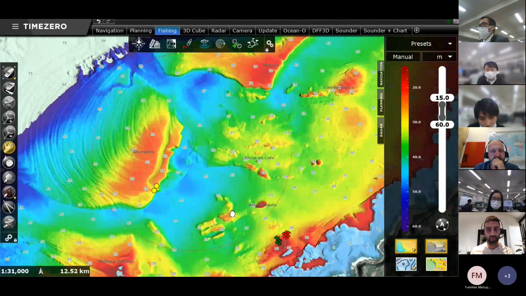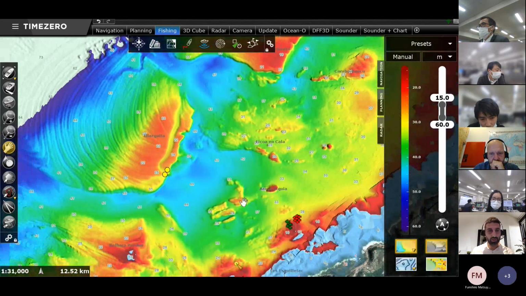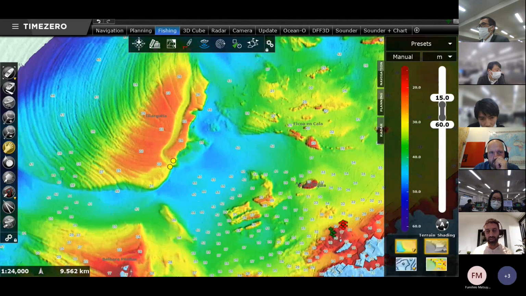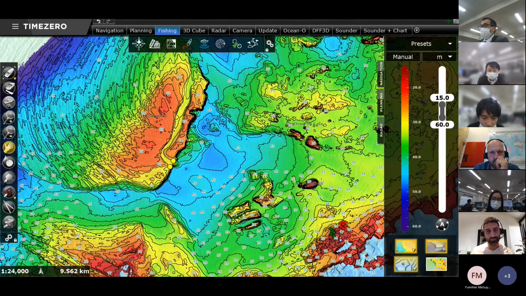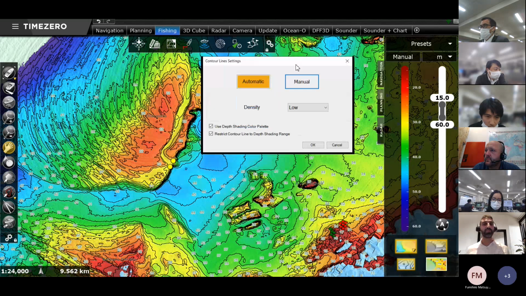Now we'll go back to this and I will play with other parameters. Let's say that you would like to add some contour lines on the bottom chart, because you see that I have some icons here. You can click on this contour line button, and you see that very simply by just clicking on the bottom, I'm adding contour lines to my bottom chart. If I right click, I can actually adjust the settings of my contour line.